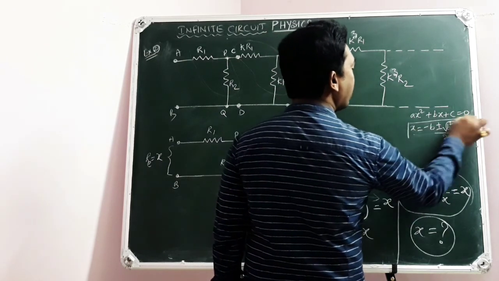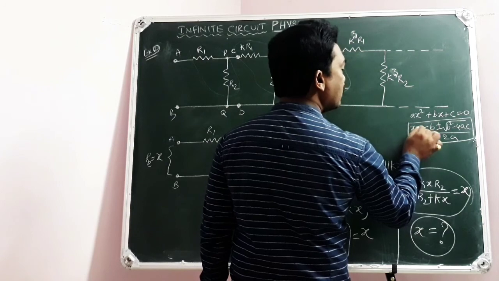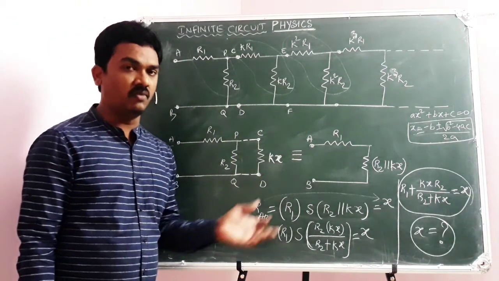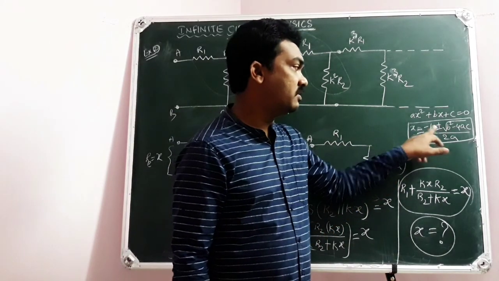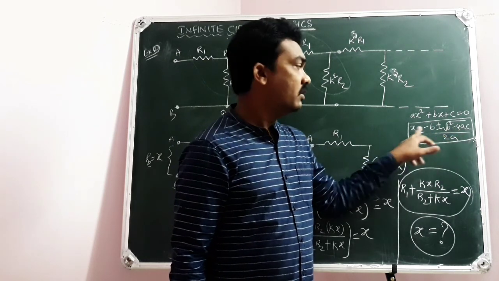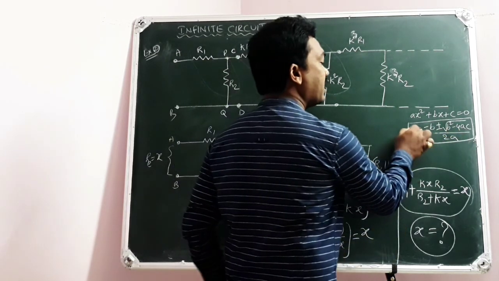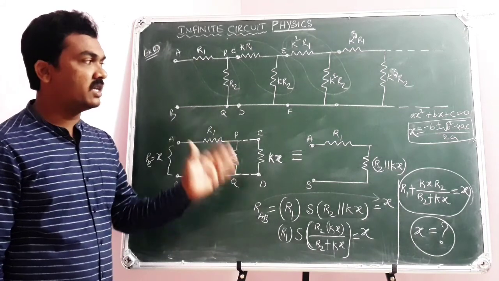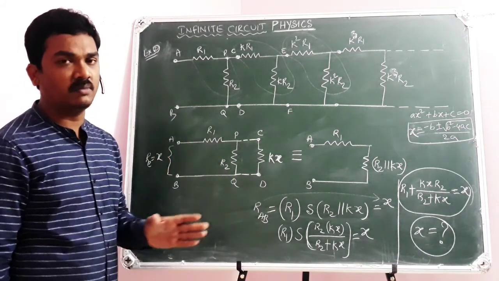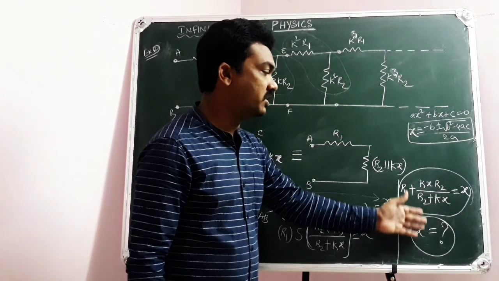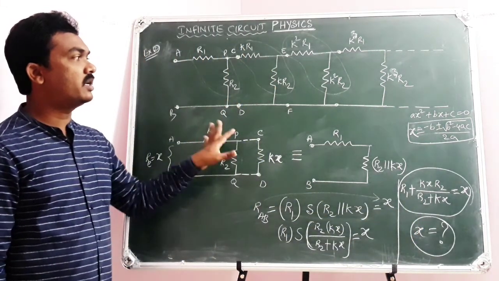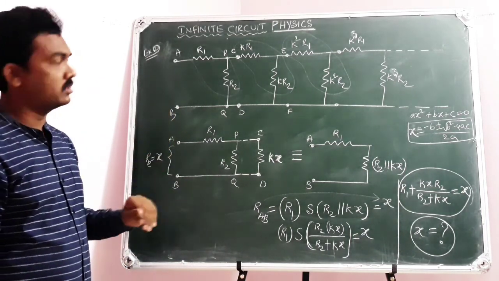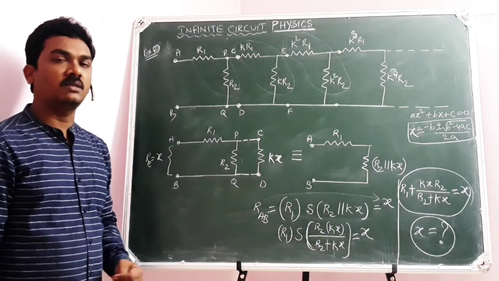Of course, as x is equivalent resistance, which can never be negative, you can apply just x equals minus b plus root of b square minus 4ac. Take only one. Why? Because the other, minus b minus root of b square minus 4ac, will give x as a negative value. That's why we don't prefer it, because x is equivalent resistance across AB. So we take only the positive value: x equals minus b plus root of b square minus 4ac by 2a. So first you try to get the quadratic equation in terms of x. This is a little more concept that you need to understand with circuits of infinite resistors. Please note down and continue the calculation part.